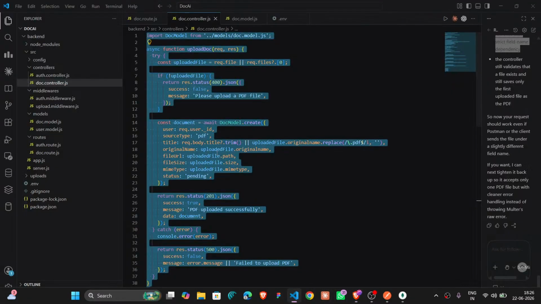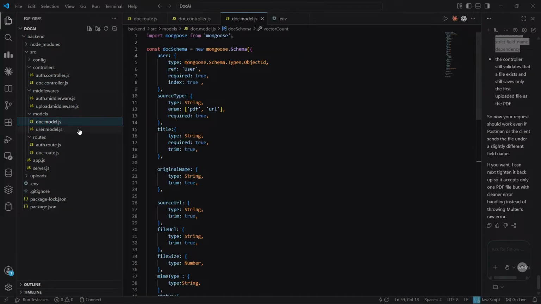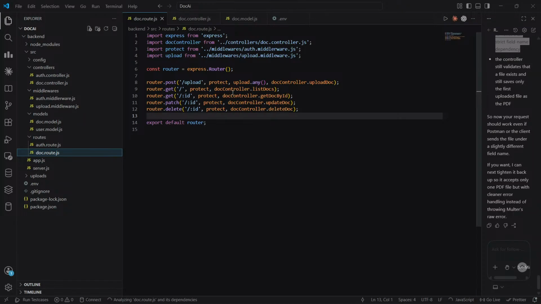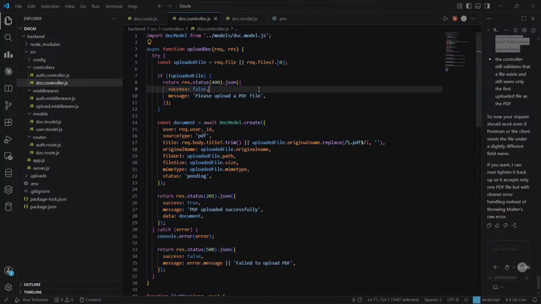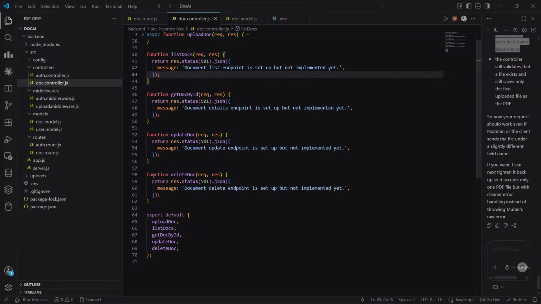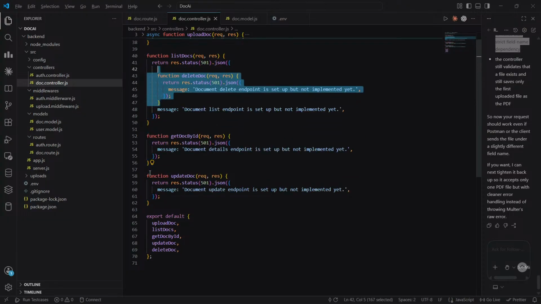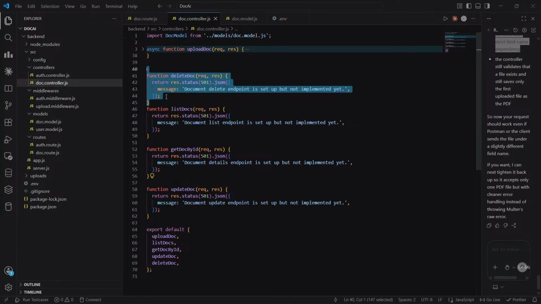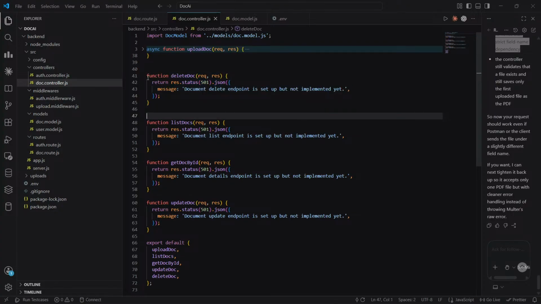The auth controller, and from the docs model, the docs route.js, we already have created the route. So in here we have get docs delete, bring this code, then an async function delete.